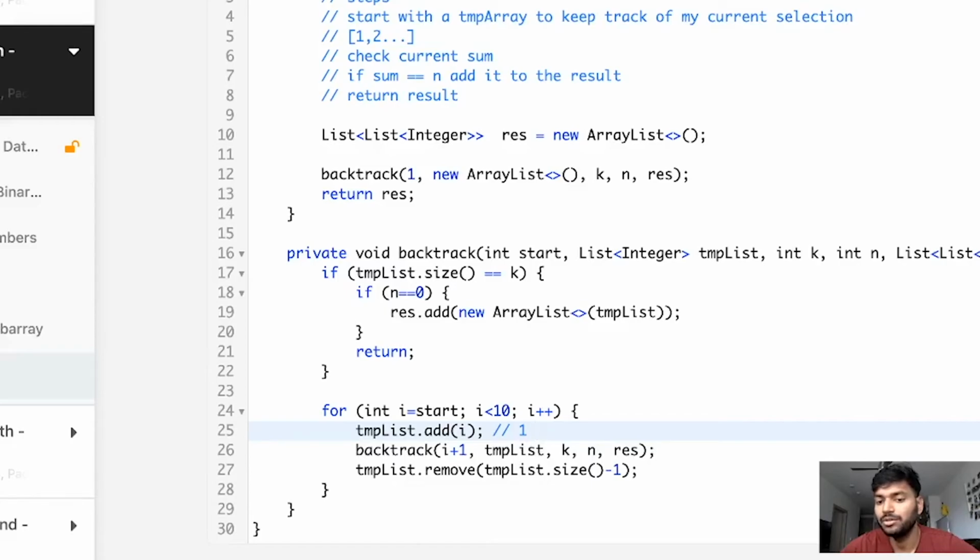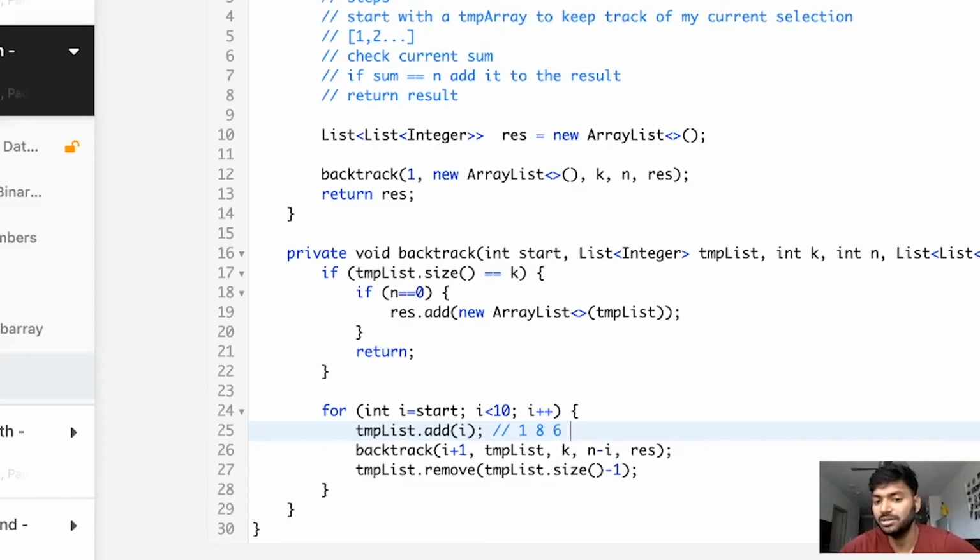So here I added 1. Now I'm looking for what I eventually want to make. So I added 1, now I'm looking for a sum which is 8, because 2, 6, and for every addition I remove i from n. So for 1, my n minus i becomes 8.